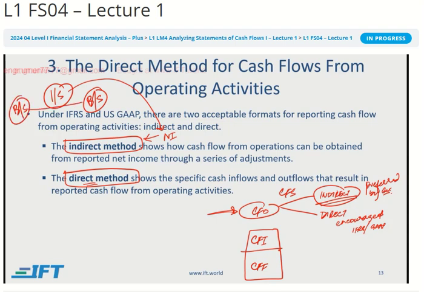So let's say this income statement is for the year 2023, right? So what you can do is take the balance sheet from December 2022, and the balance sheet for December 2023, and for this whole period you can check the changes in the balance sheet accounts such as